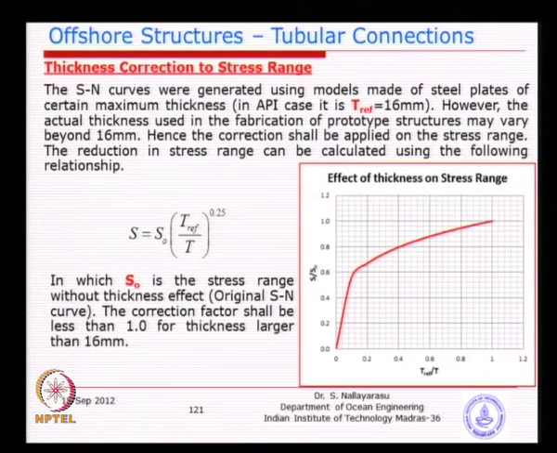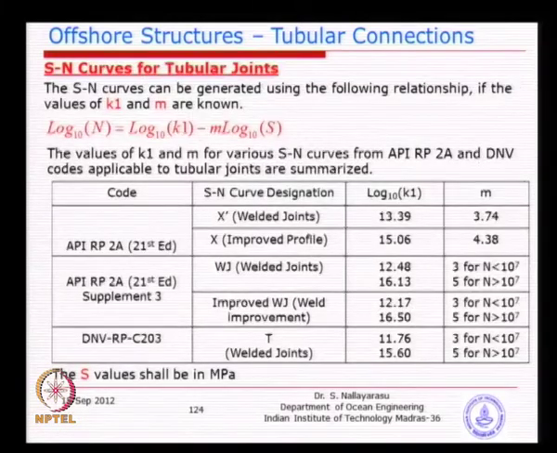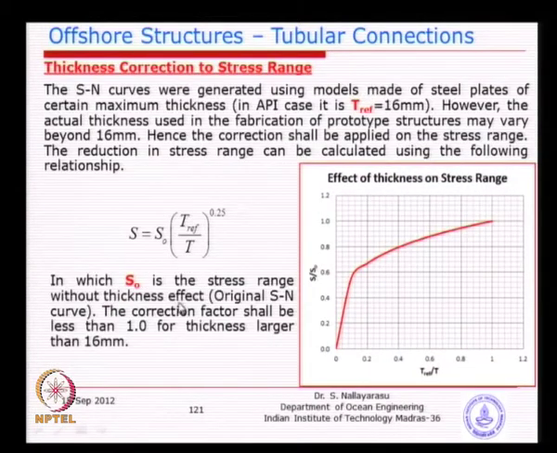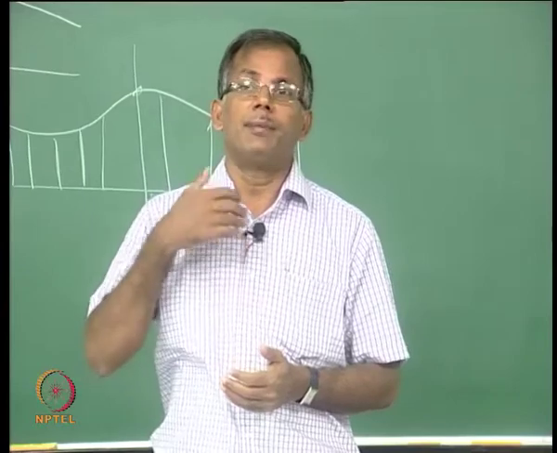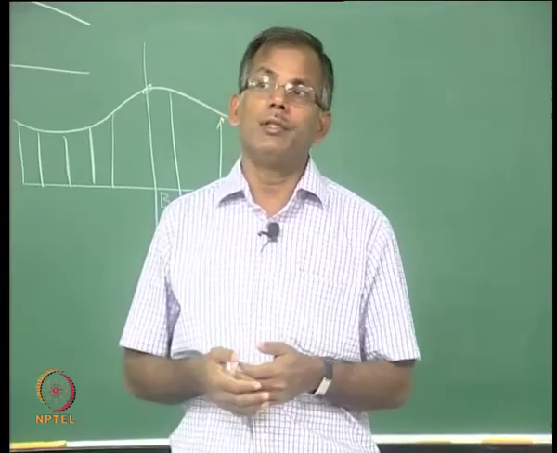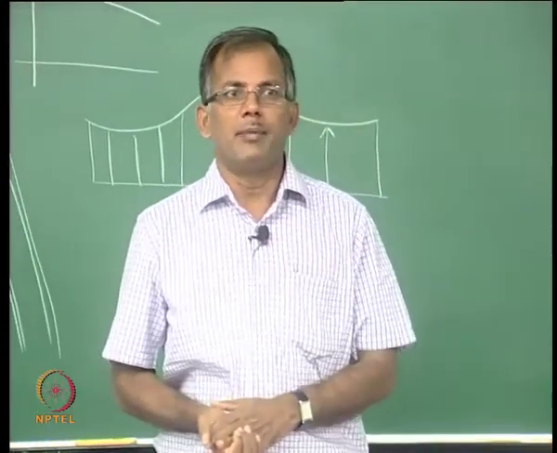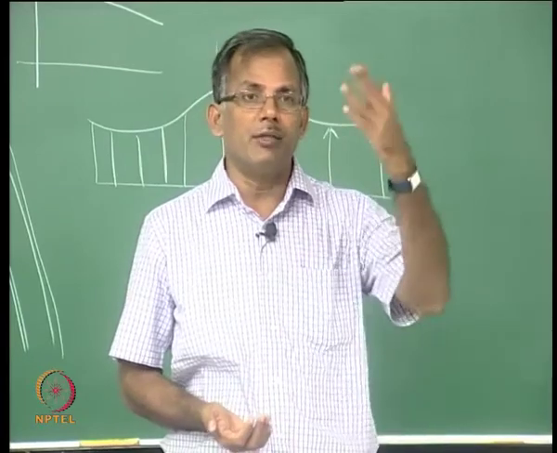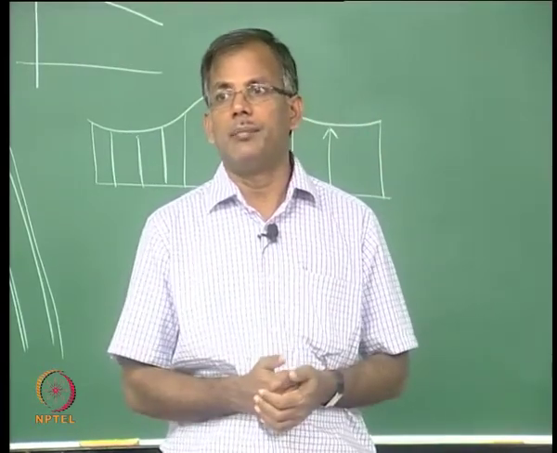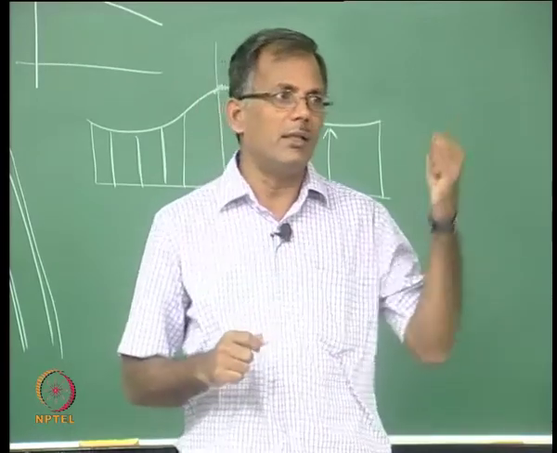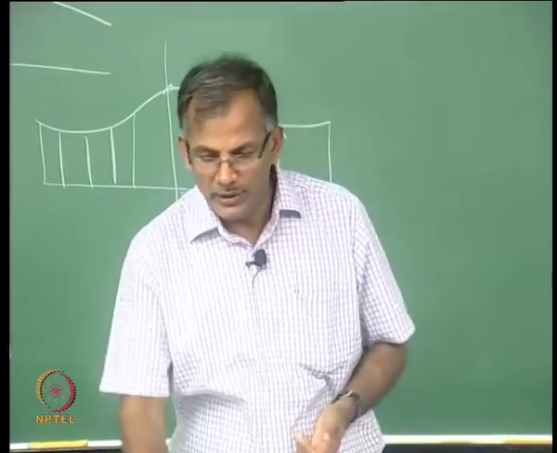So, if you see here, another correction factor is given before we go to the various types of SN curves. What is the correction factor regarding? Basically, this correction factor is to incorporate the effect of scale. Nobody knows what typical fabrication is going to happen in future, but during the testing they took a certain thickness and carried out the experiments for SN curve generation. Now, in future somebody may use a higher or lower thickness, which may not exactly reflect what was done in the experiments to generate this graph.